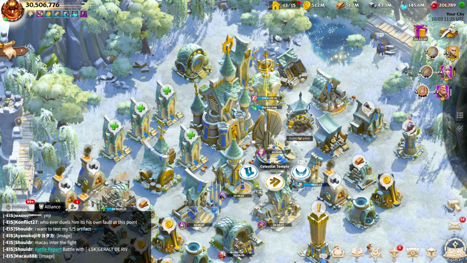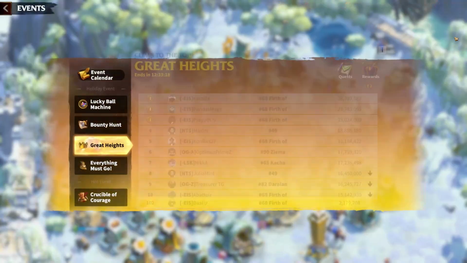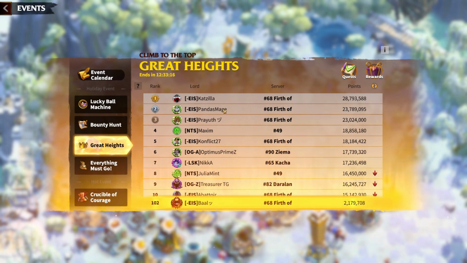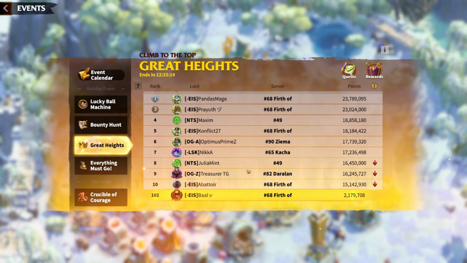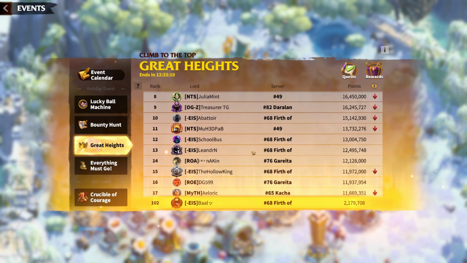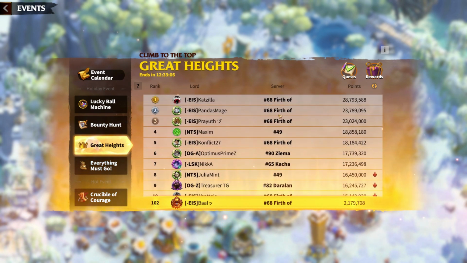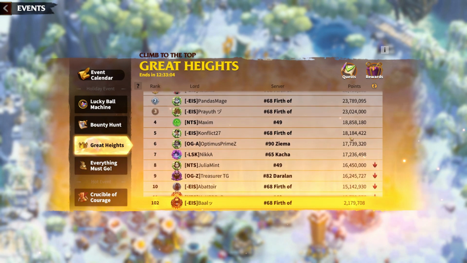So a mid spender or a high spender T4 player going to T5 is likely to win the event. You see in this event, Panda's Mage, Conflict, I believe. There's a few other players who may have also pushed T5. I know Leandra pushed T5 as well. So these are players who were T4 and now are T5 and use that push to give them a lot